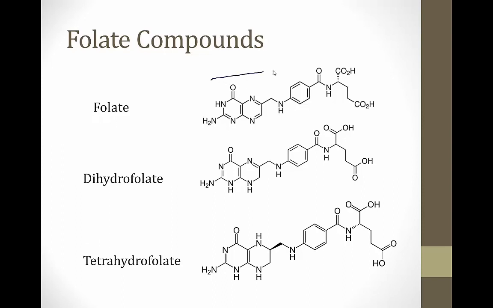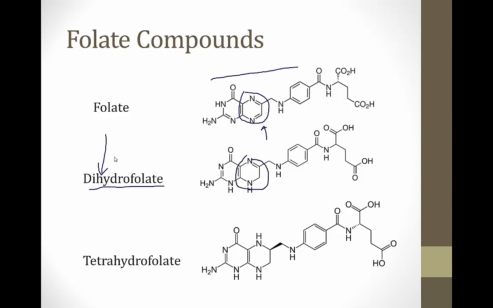So this is the structure of folate. You can see that it's a large structure with several rings. If you add two hydrogens to the folate molecule, you will have dihydrofolate. That's why it's called dihydro, because two hydrogens have been added. And those two hydrogens get added to this ring right here, and when they're added, you remove a double bond. So this ring in folate has 3 double bonds, and in dihydrofolate it only has 2 double bonds